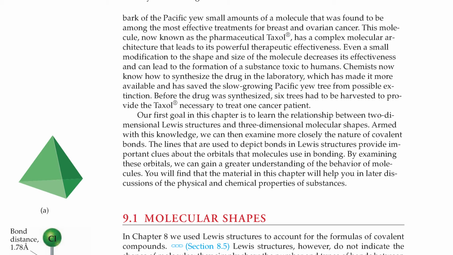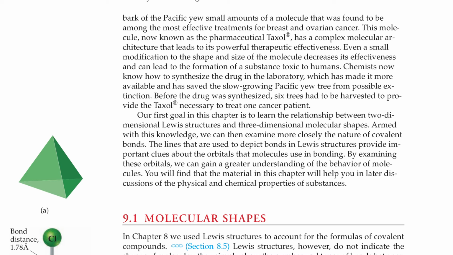This molecule, known now as the pharmaceutical Taxol, has a complex molecular architecture that leads to its powerful therapeutic effectiveness. Even a small modification to the shape and size of the molecule decreases its effectiveness and can lead to the formation of a substance toxic to humans. Chemists now know how to synthesize the drug in the laboratory, which has made it more available and has saved the slow-growing Pacific yew tree from possible extinction. Before the drug was synthesized, 6 trees had to be harvested to provide the Taxol necessary to treat one cancer